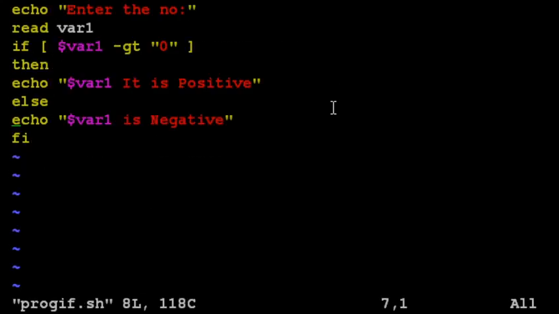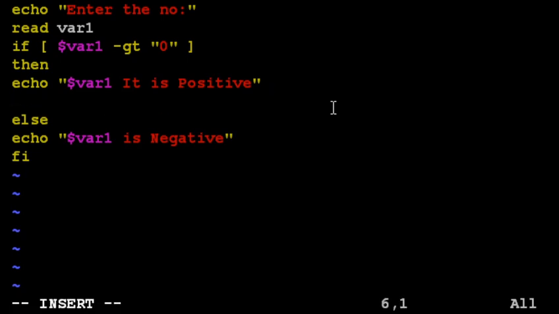Now go to the program again. Now suppose in the same example I want to check whether the given number is 0, because here I am just checking whether it is greater than 0 or less than 0. But what if it is 0? So for that you need to insert one more statement here. Go to the insert mode and add here elif, and condition should be there, that is you have to check equality of the variable with 0.